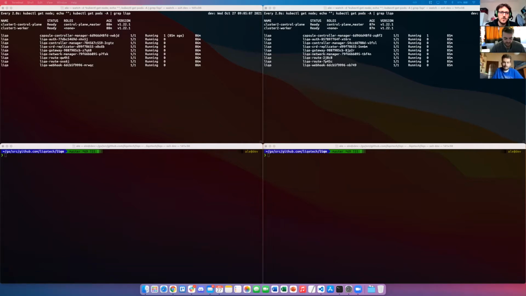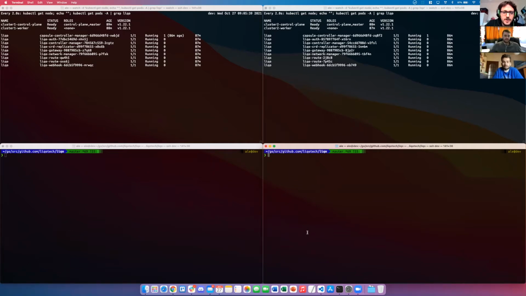To do so, we have two clusters here, the first and the second one, and we will also use those terminals to issue commands on them. So let's start by explaining a bit what we installed on those clusters. We have Lico installed on both of them. We installed that before in order to save time. And I think the first thing to start with is to activate the peering between those clusters.